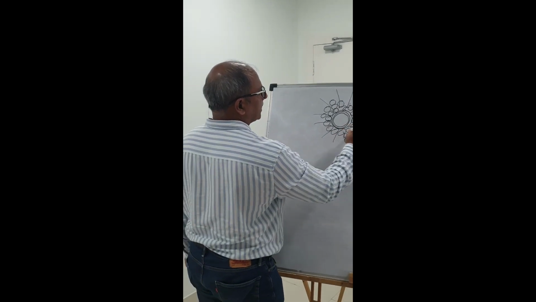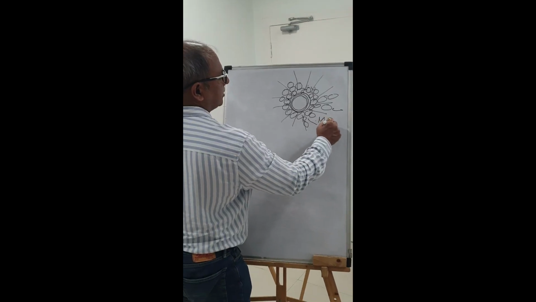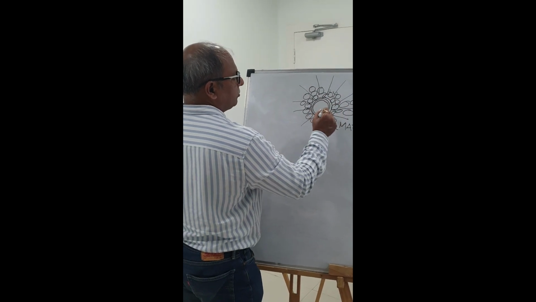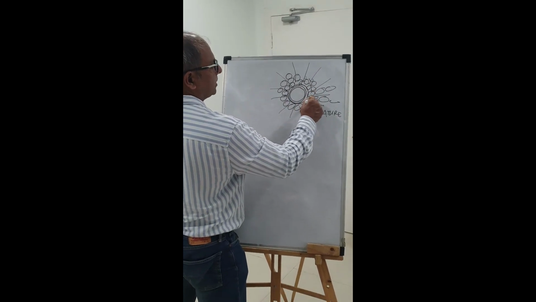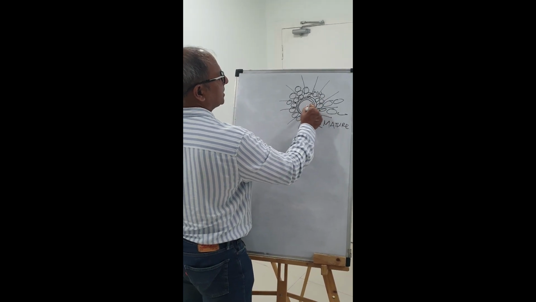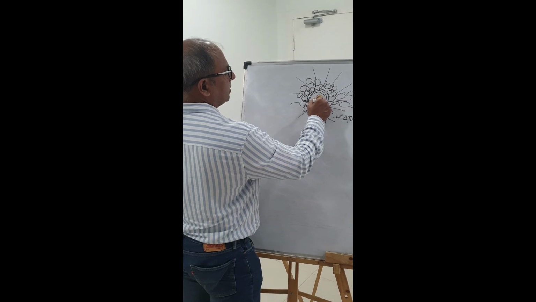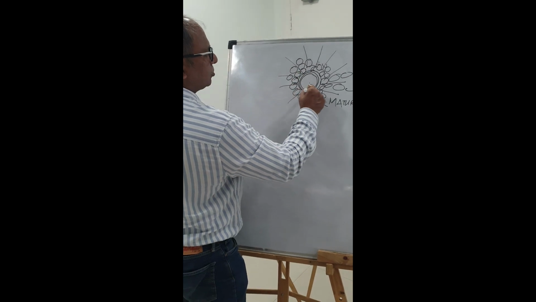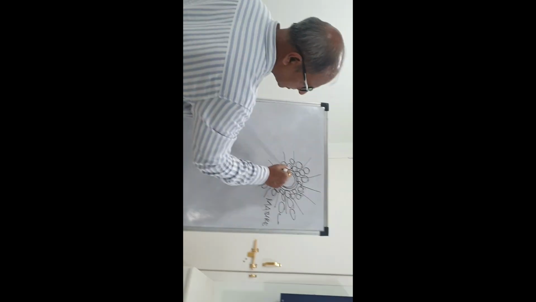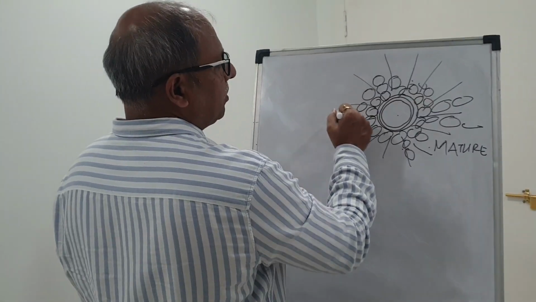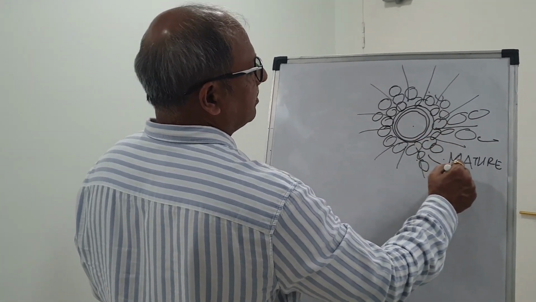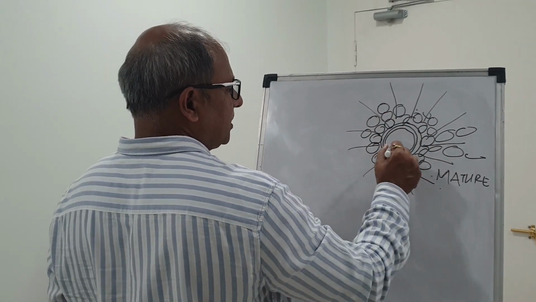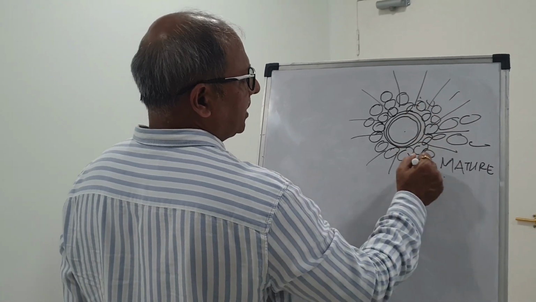So this corona radiata, if it is like this, is a mature oocyte before denuding. And if you denude the egg, these coronal cells give nutrition and communication to the oocyte inside, because it doesn't have any blood supply. So if you denude, the oocyte will be totally exposed. If it is exposed, it will die. But if it is not exposed, it can remain for a longer time than the denuded one. So this is an area where we take out the eggs.